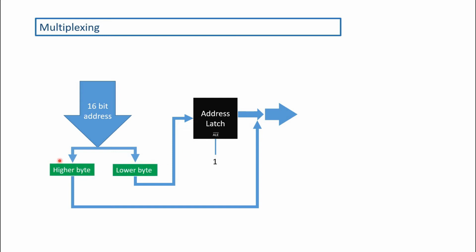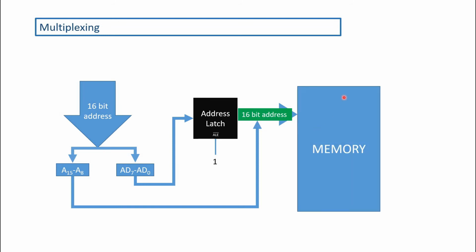Now let's see. This group carries the higher byte and this group carries the lower byte. You already know that. Now the lower byte comes all along through this group of buses and crosses the address bus and comes here, and the higher byte through A15 to A8 comes here. Now they all together give rise to the 16-bit address you need. Here is your memory. The address gets latched here, and in this particular address you have some sort of data.